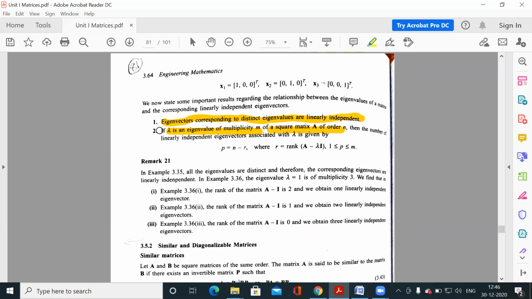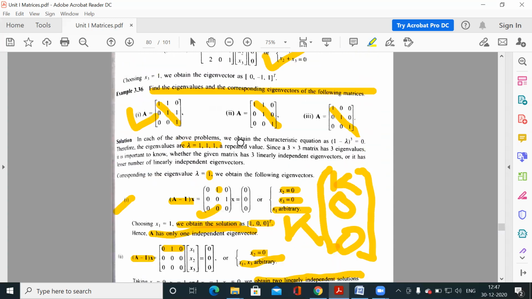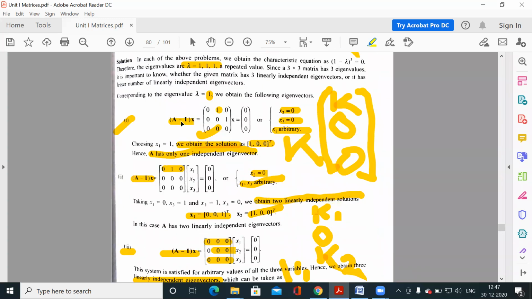A का ऑर्डर n है, और लैम्डा जो आइगन वैल्यू है वो m टाइम्स रिपीट कर रहा है, then the number of linearly independent eigenvectors associated with lambda is given by n minus r. So order minus rank of that matrix A minus lambda I. So n is the order, that means अगर 3/3 का है तो 3 माइनस जो भी उस मैट्रिक्स A माइनस लैम्डा I की रैंक है, तो उन दोनों का जो डिफरेंस होगा उतने इंडिपेंडेंट आइगन वेक्टर्स आपको मिलेंगे।